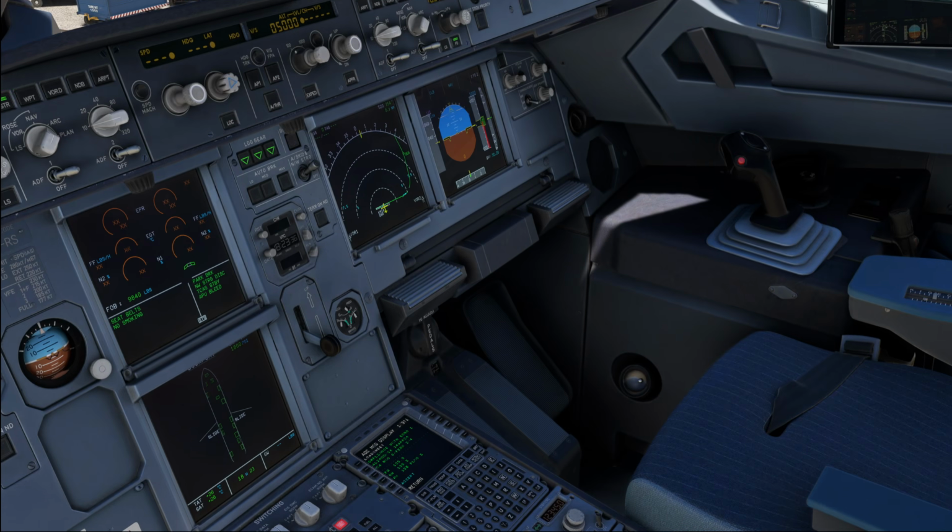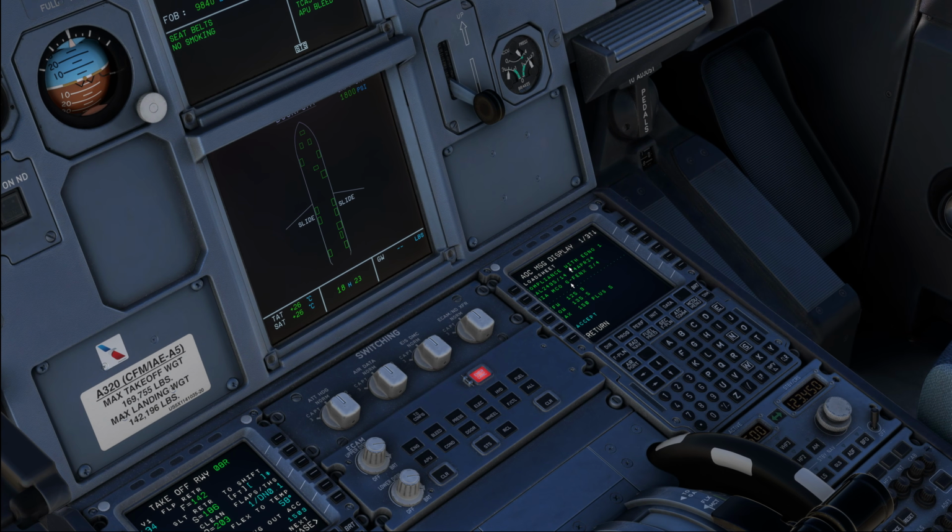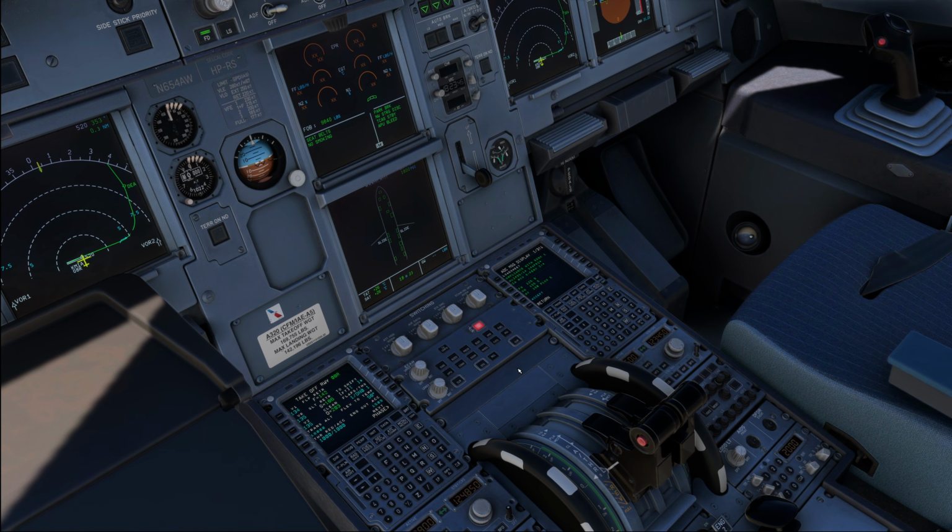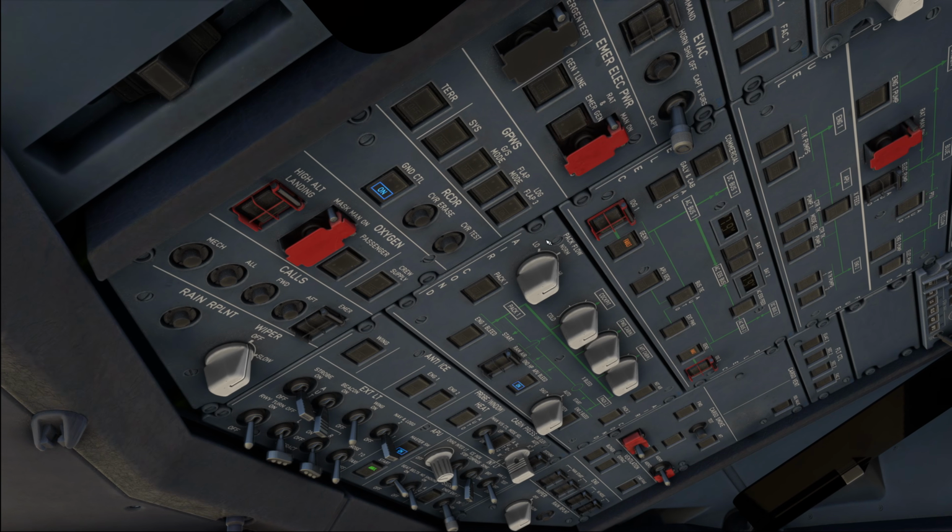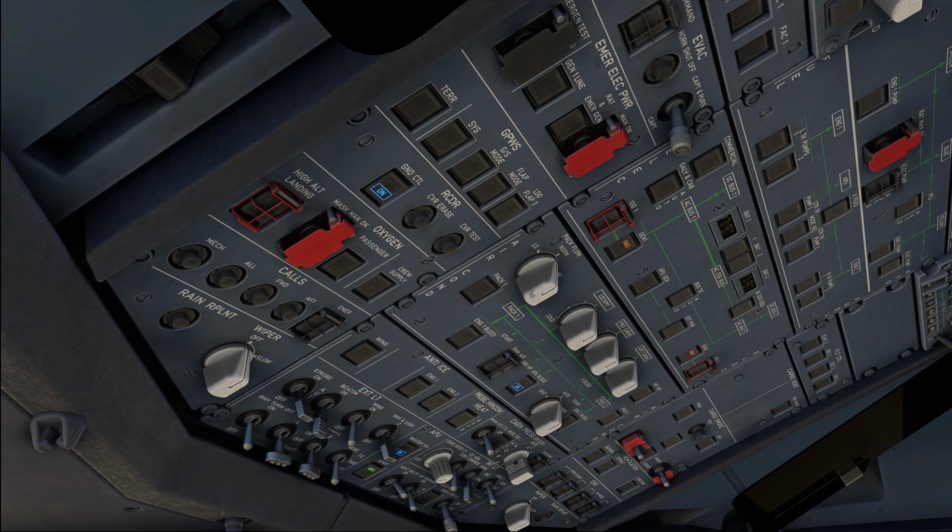Now we have just gotten our final load sheet, and this one tells us our estimated number of passengers here, today 150 plus 5. And depending on the number of passengers, we are going to set our pack flow selector. Note that you can already pre-select it during the pre-flight procedure, as the pack flow selector is overruled by the APU bleed, and whenever the APU bleed is active, high pressure will be provided regardless of the pack flow selector